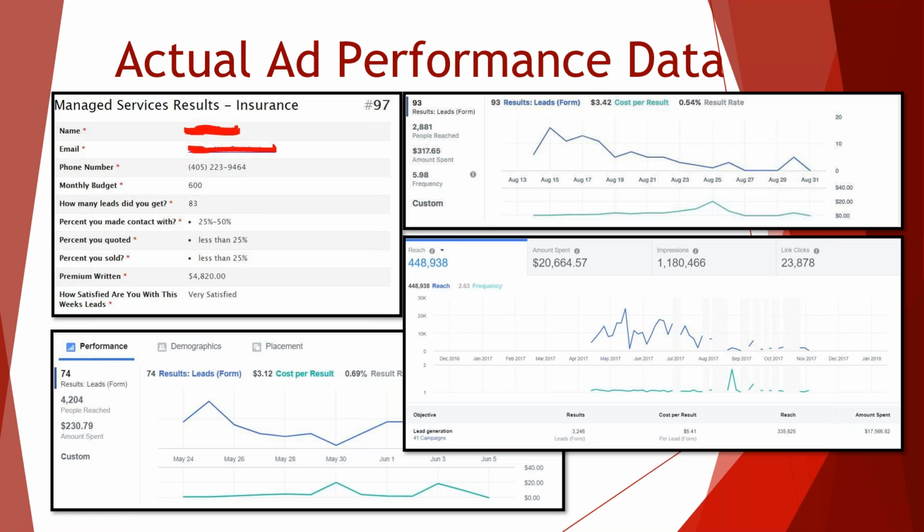So if you don't have, again, $20,000 to spend, that's okay. What we do is we work within the confines of your budget, and we say, okay, how do we maximize your budget? How do we maximize your $600? If you're going to spend $600, I would say that most agents would happily pay $600 a month to write $20,000 to $30,000 of new business premium.